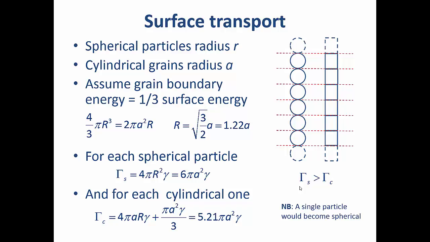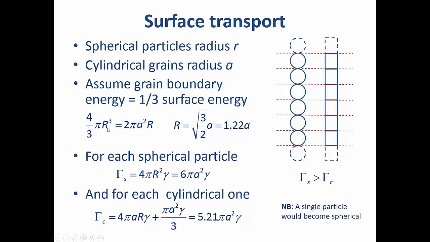But as an example of surface transport, because there is no densification, if we started off with a set of spherical particles radius r as shown here, we'd end up with a set of cylindrical grains radius a, the height of which is still the same as the diameter of the original particles. And the surface energy of the spherical particle will actually be greater than the surface energy of this cylindrical column, because if we assume, for example, that the grain boundary energy is 1/3 the surface energy, it doesn't have to be 1/3, but it will be less than the surface energy, then for just balancing the total volumes, we've got